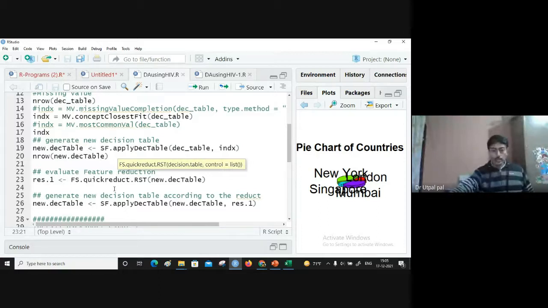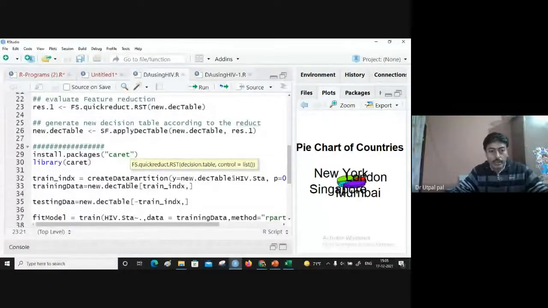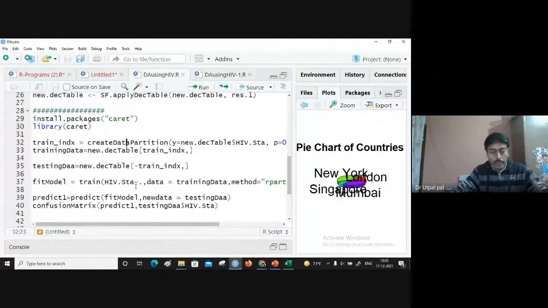There are lots of methods, and I use a few here. And then I'll make a partition of the dataset. I'll create one section of the dataset for building the model, or training the model, and another part I'll keep for testing. And then I'll create the model using the training data, and finally I'll show the prediction also, how it predicts for new data.